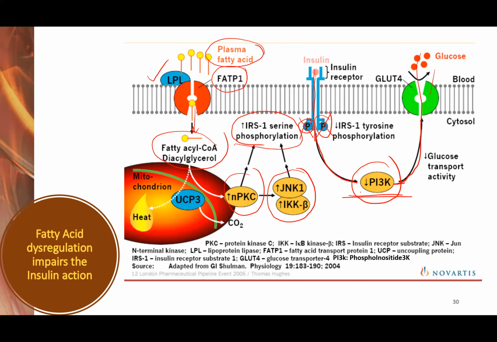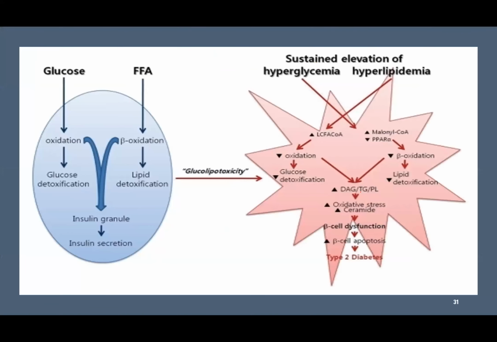This is the biochemistry behind what I have described in the previous slide. Okay, this is again from the article here. Normally glucose oxidation, detoxification, insulin granules are released, insulin secretion. Beta oxidation, lipid detoxification, together they promote insulin secretion at a normal level. But if this is more, and if this is also more than it can handle, then there's glucolipotoxicity, then the